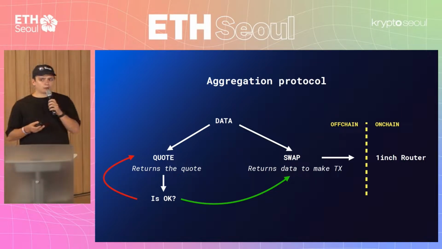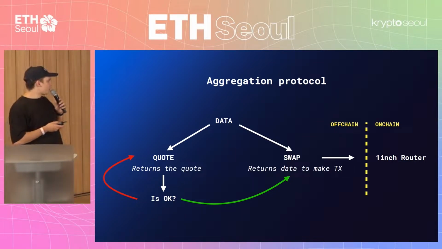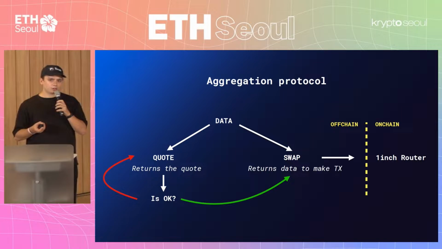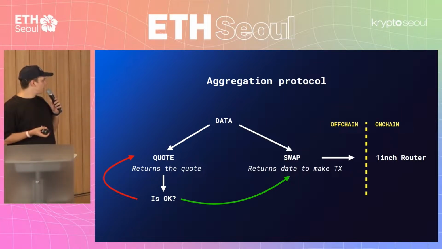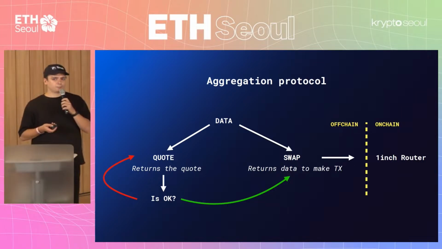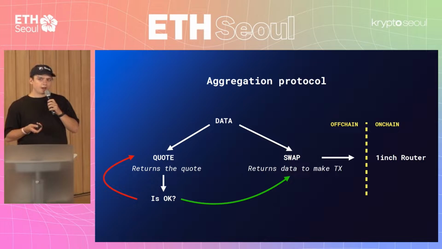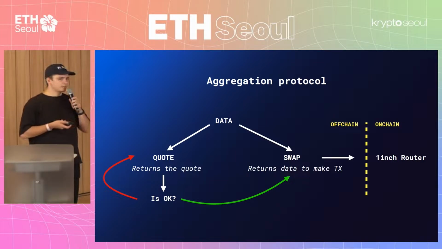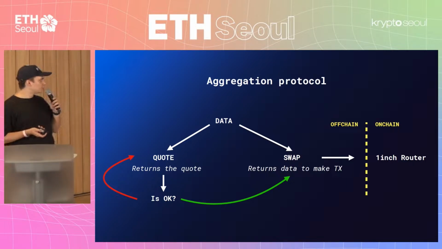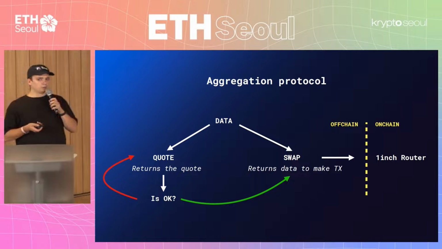As a developer, you can use our API to get the rate. You just need to ask for the quote. You need to build some data for the quote, and you ask for the quote on our API. If you agree with the return amount of the quote, you need to ask for the call data for the transaction. After you build the transaction using our swap method, you just need to pass this transaction to the smart contract of 1inch. It's called 1inch router, and you just pass the data that we gave you